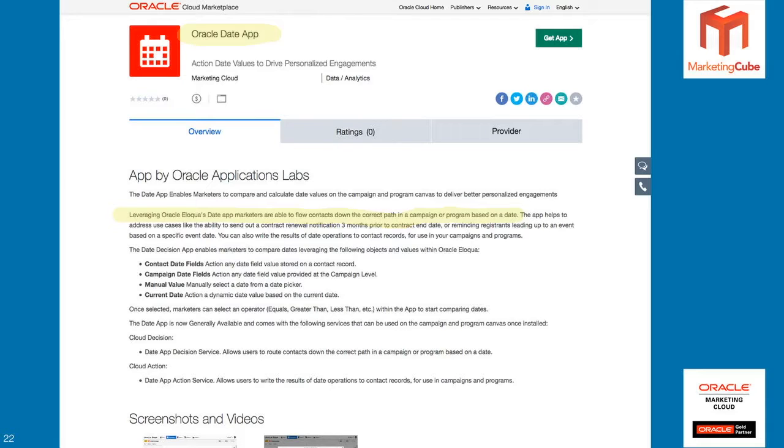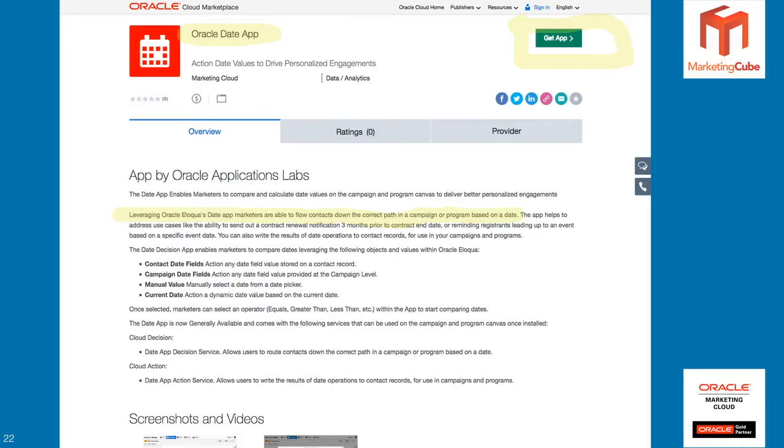So if you have emails, for instance, that say we're 3 weeks out from the world's greatest event, you want to make sure that people only get that email 3 weeks out. You don't want them getting that email 2 weeks out or 1 week out or the day before. This particular app is free and can be added to your instance. You will need administrator access in order to configure and add the apps to your system. You can actually do this from within Eloqua itself as well. There's a link within Eloqua in the system admin area under apps